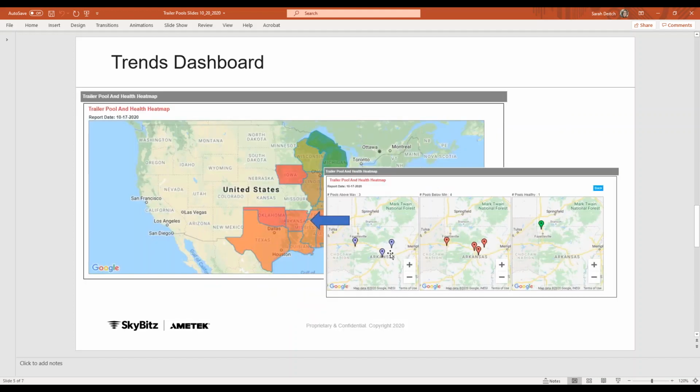And then the trailer pool health heat map. So as I look down at the panels, here's my next panel. So this customer that allowed us to utilize their data, when I click on a state, so I clicked on Arkansas here, what it's then going to do is pull out pretty much the data that we just saw represented, but now it's represented in a heat map fashion. So percentage of pools above the maximum, pools below the minimum, and pools that are healthy,